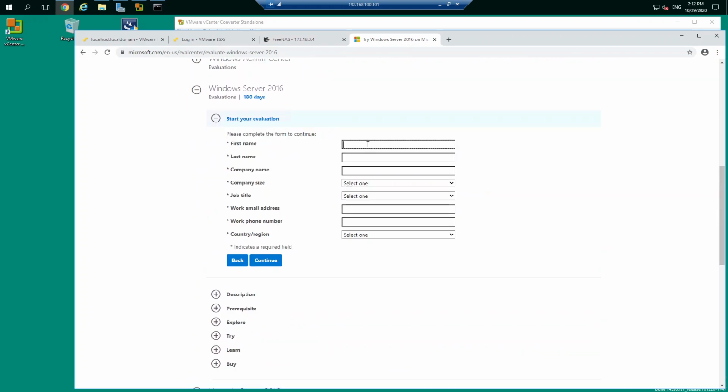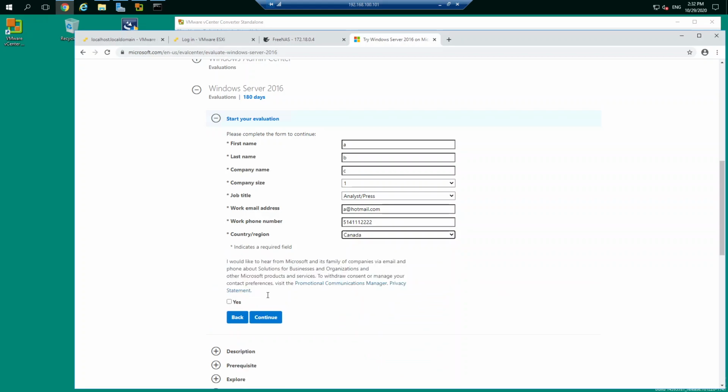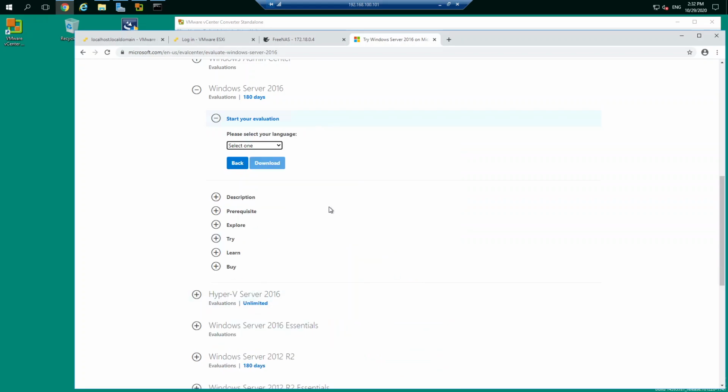You say continue. You put your name, company size, the job title. Just because it's fast, I'm doing it this way. Otherwise, please be sure you put your credentials here. We choose where we are. I'll say continue. Now it's asking me for the language, and I'm going to choose English, and I'll say download,